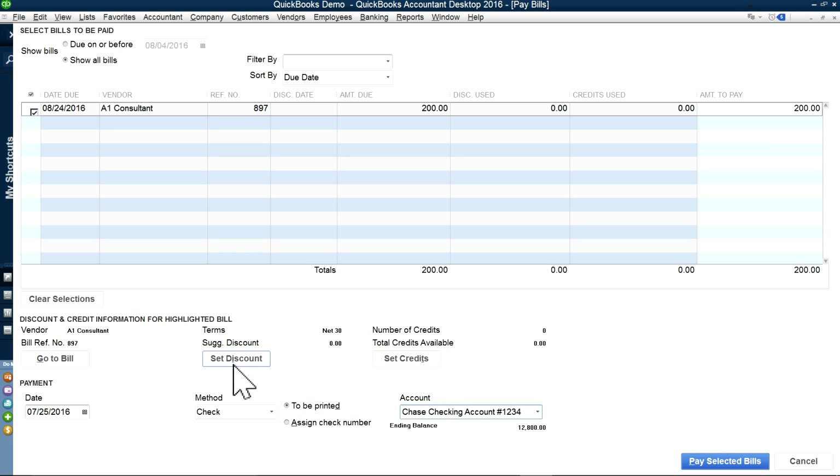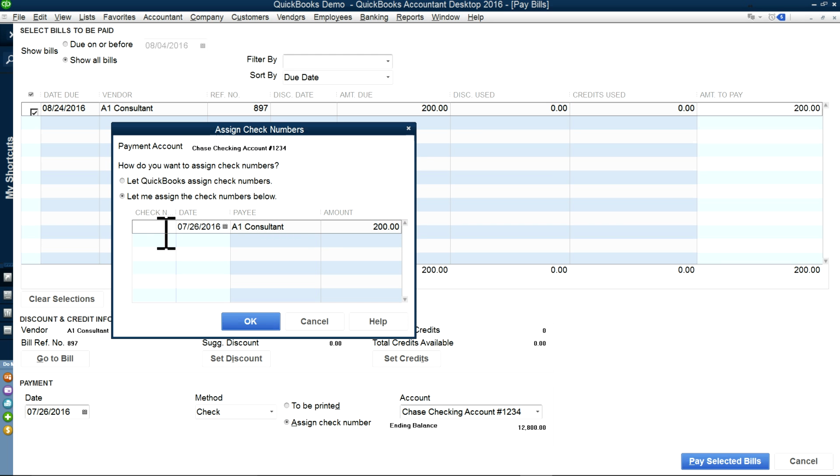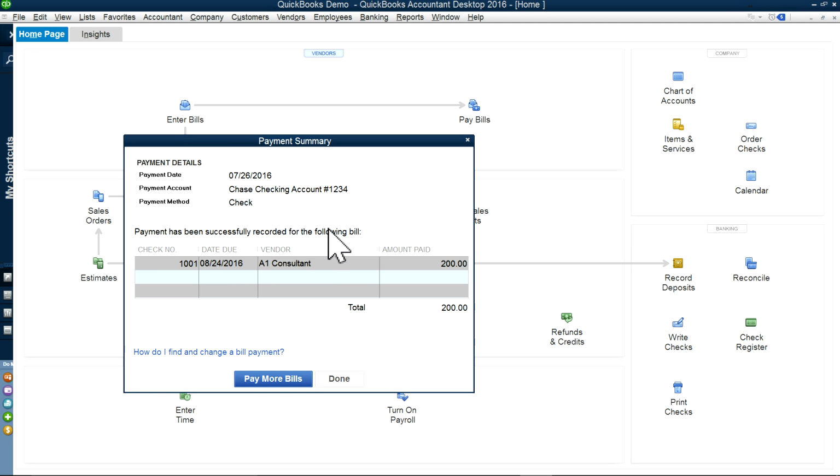Okay, and then if you have another credit, a vendor credit you want to apply against this bill, then you have to select this. Okay, and use a payment date. Let's say it's 7/26, and you can automatically assign a check number, or you can assign it manually. Let's say you just write a manual check, and you want to assign the check number manually. So it'll just ask you what the check number is. Let's say since you're starting, the first check number is 1001. So you can just put that in and click OK, and then it'll ask you if you want to pay some more. So if you're done,